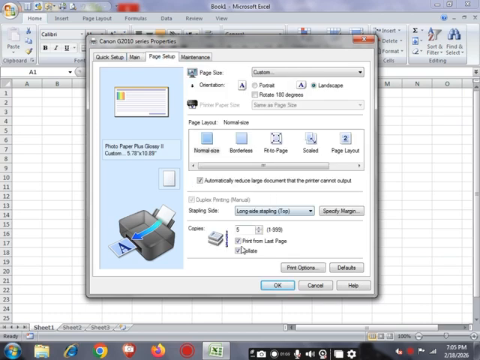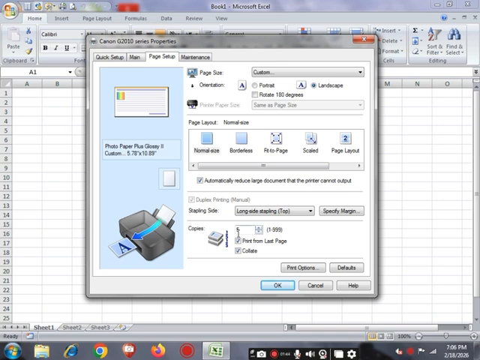Now these two options, print from last page and collate, we should discuss more about these two commands because these are simple but important. So print from last page determines the order in which pages of a multi-page document are printed, like starting from the last page or the first page. It ensures the pages of a document are printed in an order that is convenient for assembling or reading. It is useful for printers that stack pages in reverse order in their output tray.